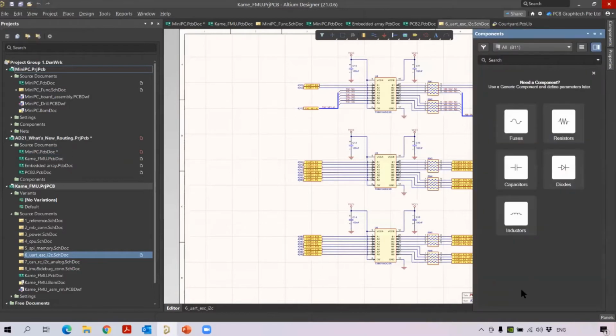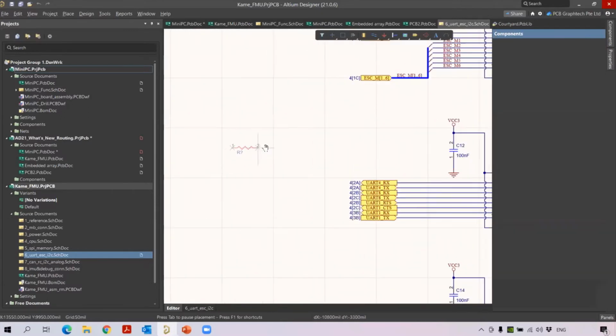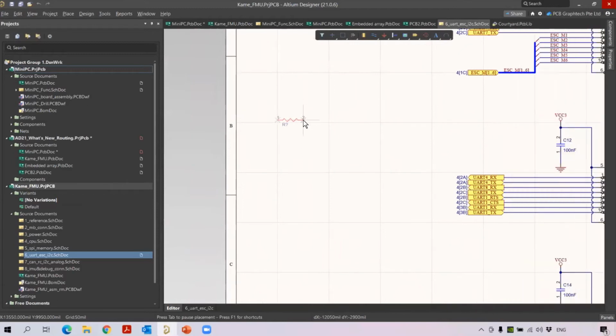When I open my component panel, you will see some of the generic components based on the resistor, the diodes, the capacitors, all these. So to select, I don't want to go for selecting directly. Instead, I can get a component from here. So for example, I'm getting a component for a resistor. I'm just selecting one of the resistors here and then I'm trying to place it. Okay, I just use 4 resistors, generic components. So I don't know what is the value or any parameters. I just have generic components.